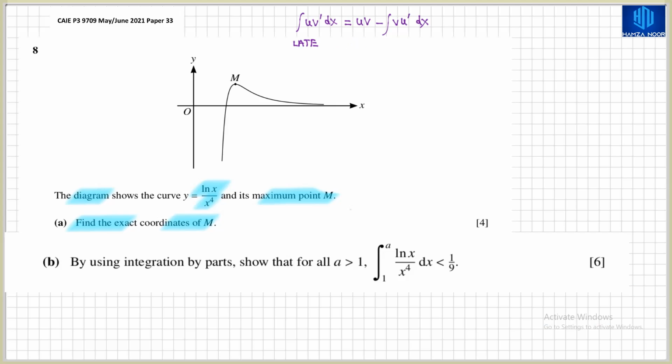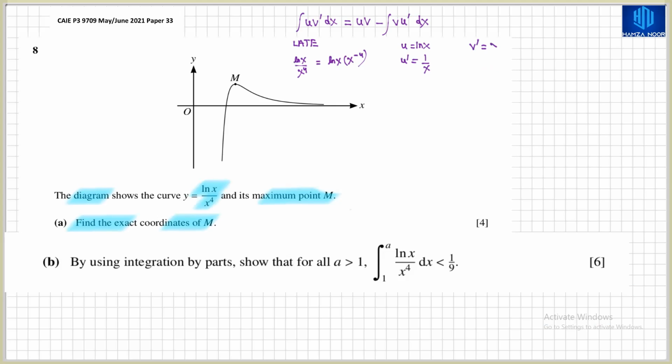But first of all, the equation of the curve is given to us in the form ln x divided by x raised to the power 4. So we are going to write the equation of the curve in this form: ln x multiplied by x raised to the power minus 4, so that it is of the form u times v dash. So u is equal to ln x, therefore u dash is equal to 1 over x,